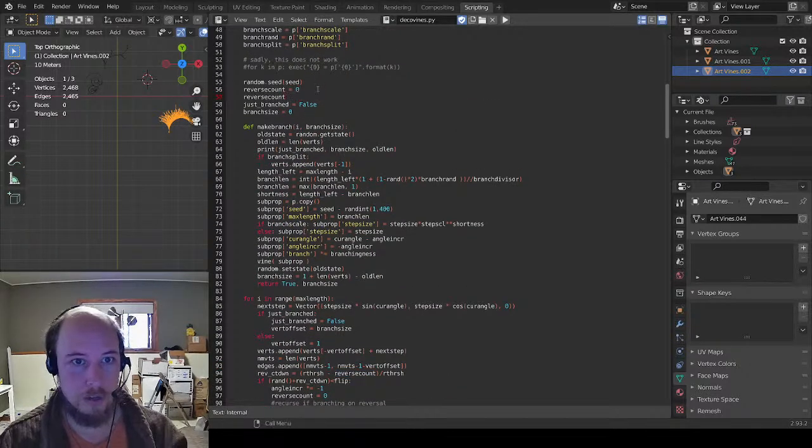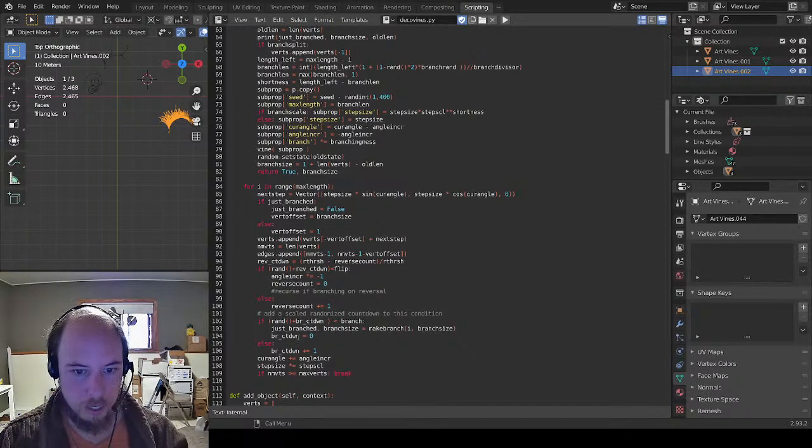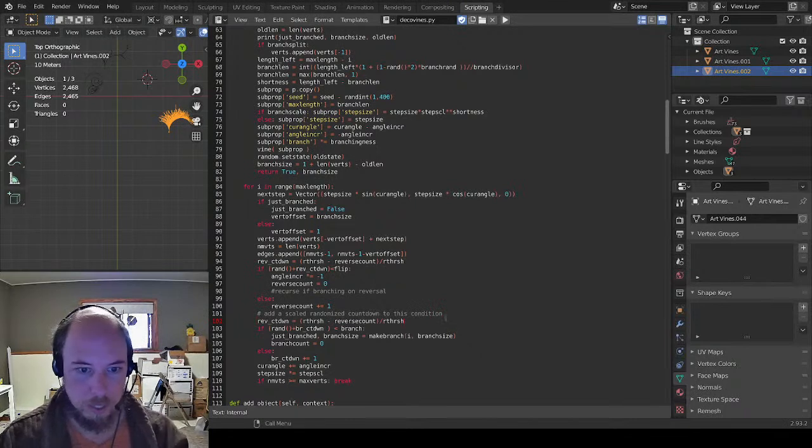Reverse count equals 0. Branch count equals 0. And then branch count equals 0 here. And then we're going to call, okay, yeah. That's this. So it's going to be branch countdown equals